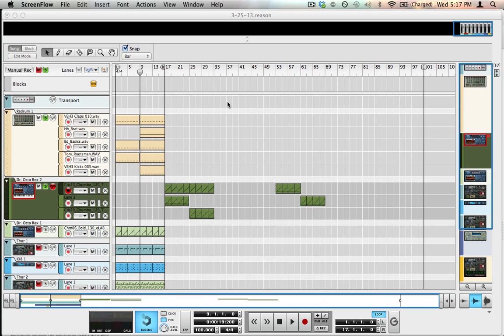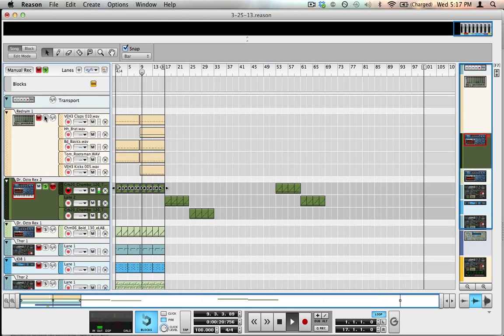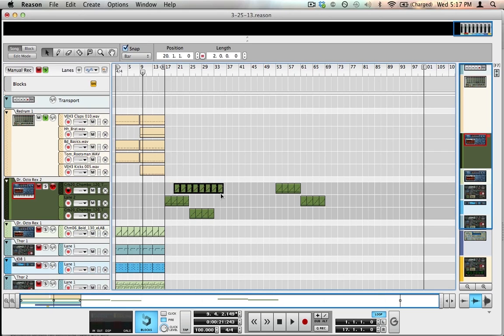So this is going to be a quick Reason tip slash tutorial that I like to use in my own songs to help develop some inspiration or fill up my drum sounds a bit. We're going to be using the Dr. Octo-Rex, and basically we're going to use a drum loop that is already a full drum loop from the Dr. Octo-Rex, and then I'm going to put it on top of my normal drums, or the drums that I programmed,